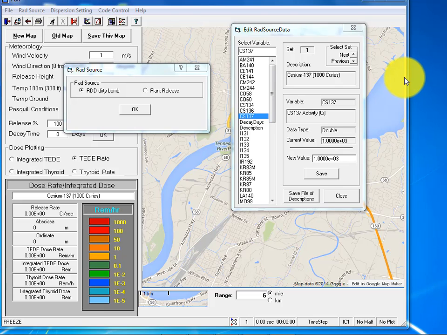So the authority could advise the people in the plume whether they should evacuate or use some kind of protection. And the source could be either an RDD, that's an isolated source with its spectrum covering every possible